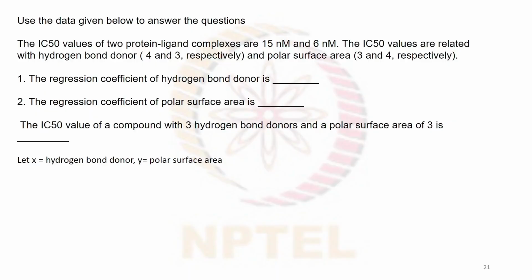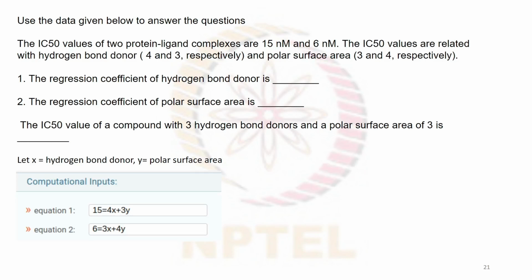Here I have given IC50 values of two protein-ligand complexes, 15 nanomolar and 6 nanomolar. The IC50 values are related to hydrogen bond donors, 4 and 3, and polar surface area, 3 and 4 respectively. What will be the regression coefficient of hydrogen bond donor, the regression coefficient of polar surface area, and the IC50 of the compound with 3 hydrogen bond donors and a polar surface area of 3? So you need to form equations here. Let these be the equations: 15 equals 4x plus 3y,